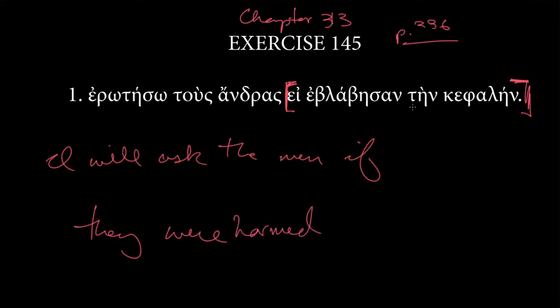And then, since this is passive, what do we do with this accusative? Because we're so used to taking these as direct objects, but passive verbs can't have direct objects. The best that they can have would be a hupo plus a genitive of agent. So we don't have that. What is an accusative that's not a direct object doing? Well, normally that's an accusative of respect, and that's exactly what's going on here. Whether they were harmed literally with respect to, but we might just say in the head.